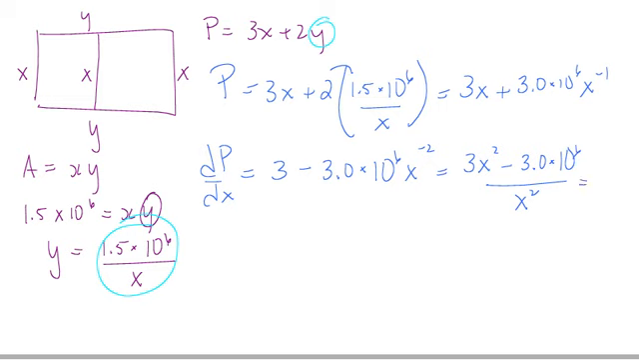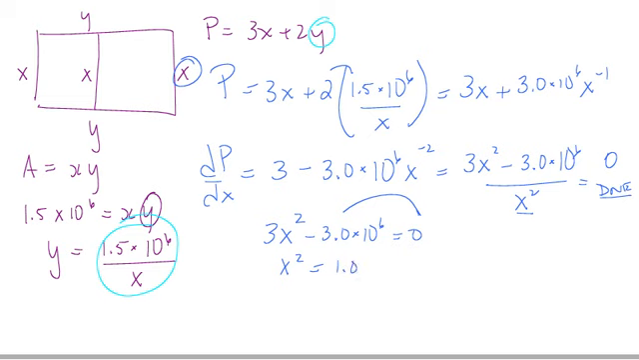I want to find the critical points where it's equal to 0 or where the derivative does not exist. The derivative does not exist when x is 0, but we don't have to worry about that because we can't really have an x equals 0 and still have an area. That means that I'm just equating the numerator to equal 0,